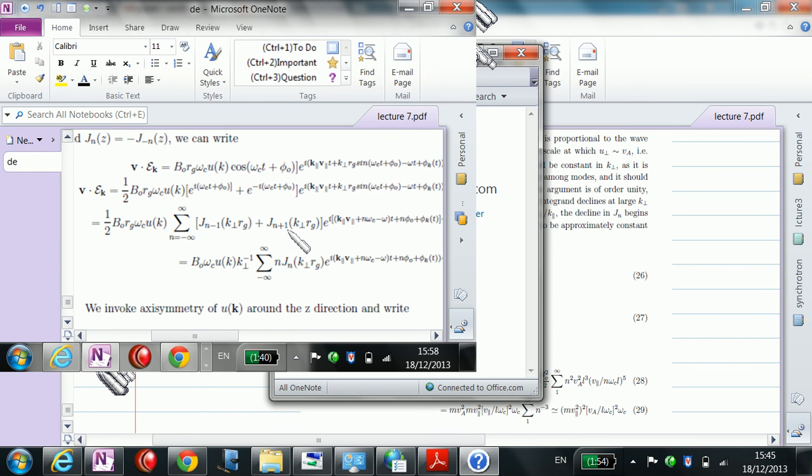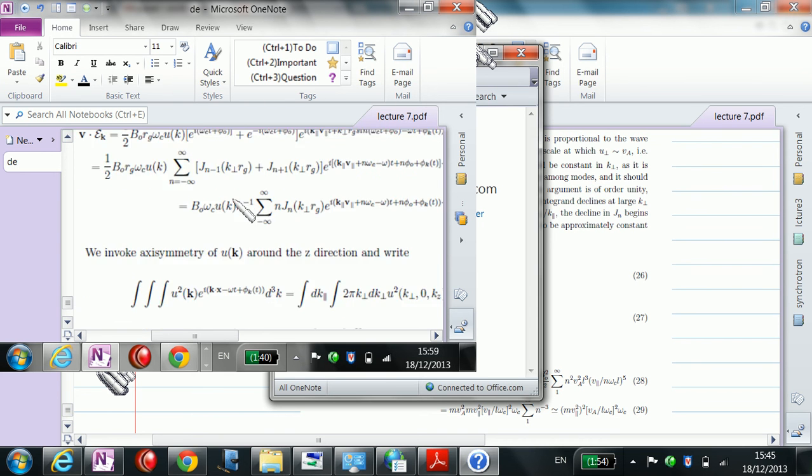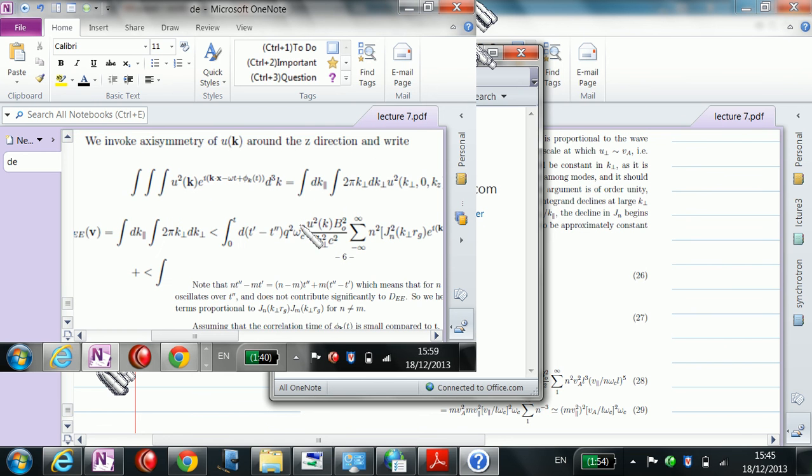If I had expanded the force, there would be no factor of cosine theta next to it, because that came from the velocity. But the point is that you can express the power absorbed as an infinite sum of Bessel functions,